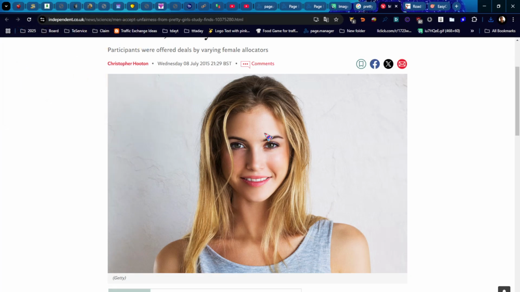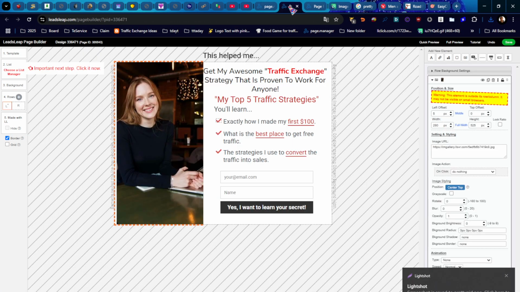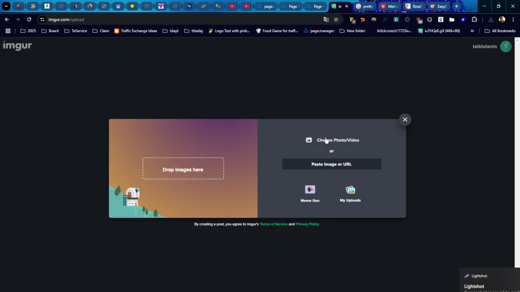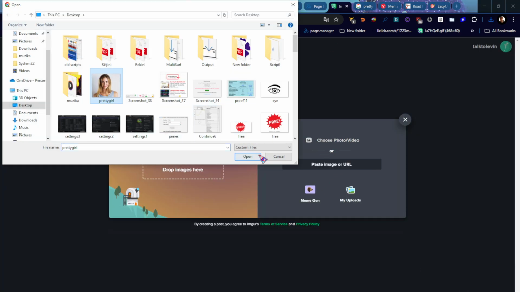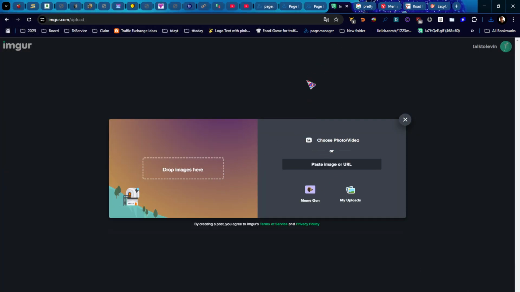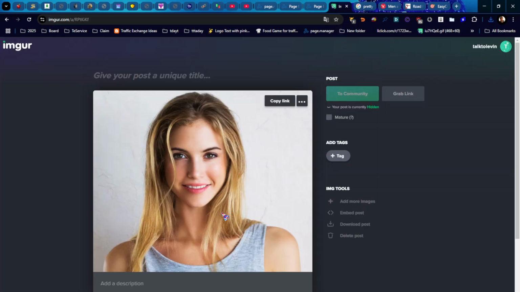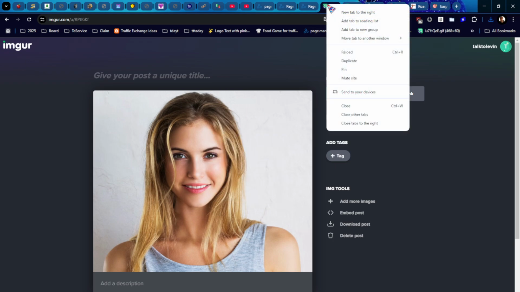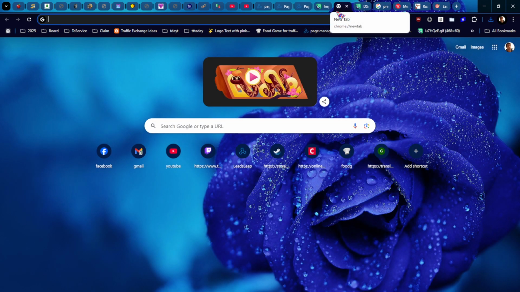And now let's get back to the page. Get back here. Let's upload it. What you can also do is remove background, but this background is already good. But to remove background from images, you can go to remove